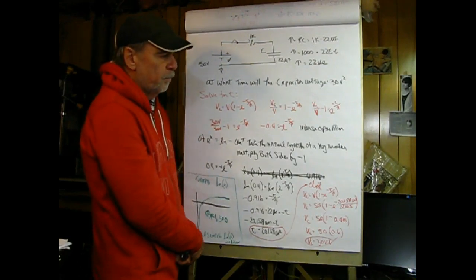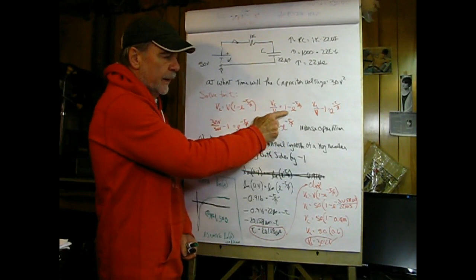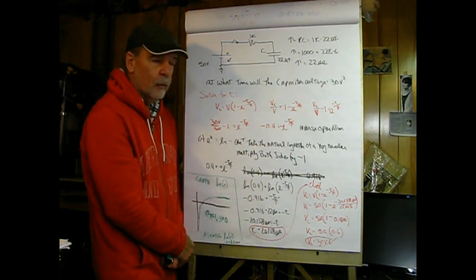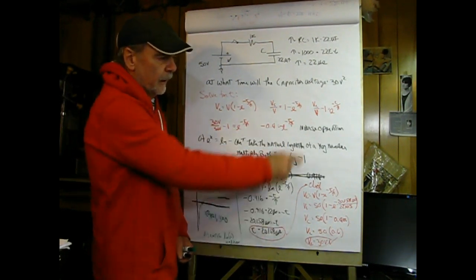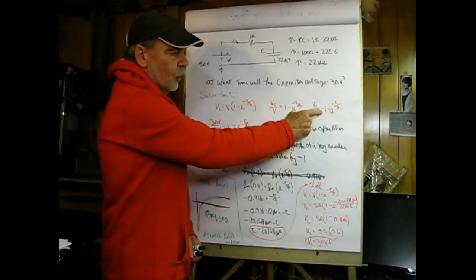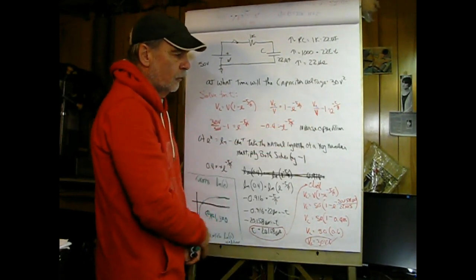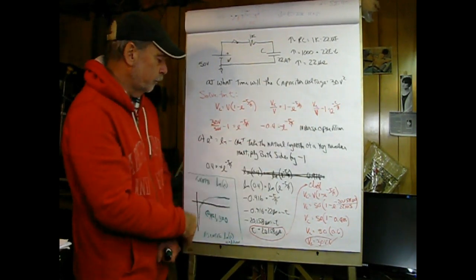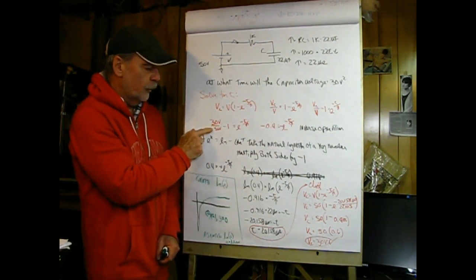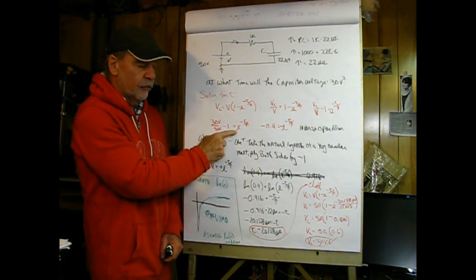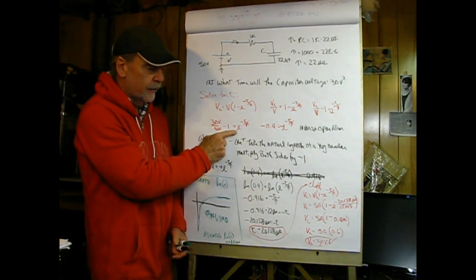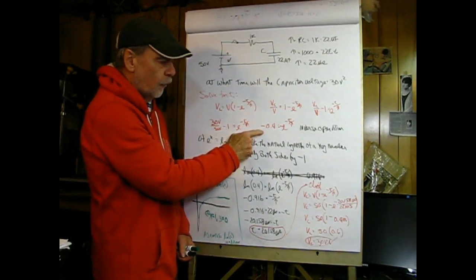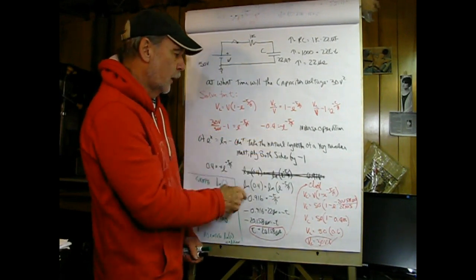Now we've got to clear out the 1, so I'm going to subtract 1 from both sides, and that'll give us VC over V minus 1 is equal to negative e to the minus t over tau. And then working this out with values in it, I have 30 over 50 minus 1, which gives negative 0.4, is equal to